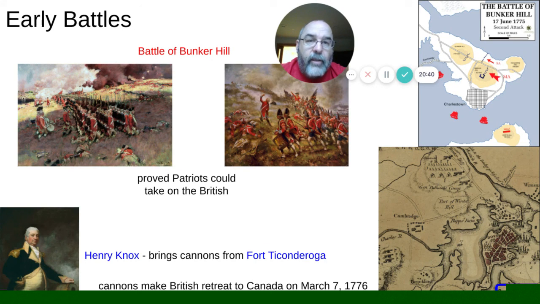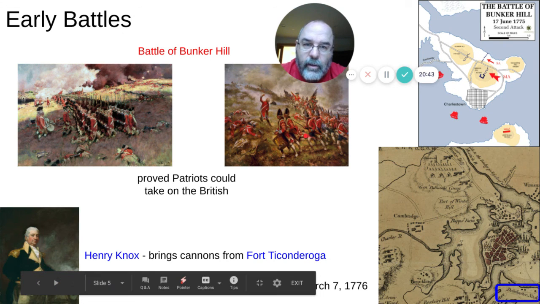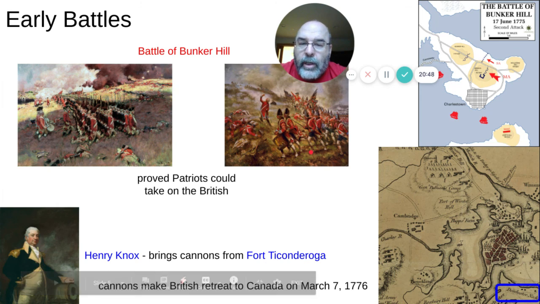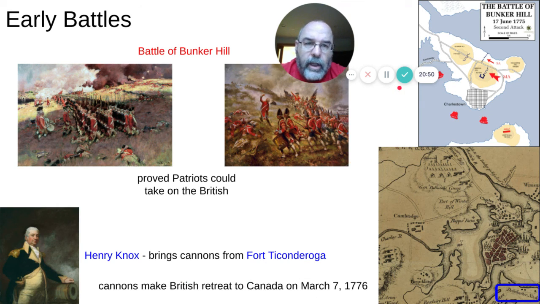On the night of March 3rd and the morning of March 4th, George Washington is going to install an artillery battery south of Boston on Dorchester Heights. On the night of March 3rd, there's nothing there. As night falls, Washington will have the Continental Army take all of those